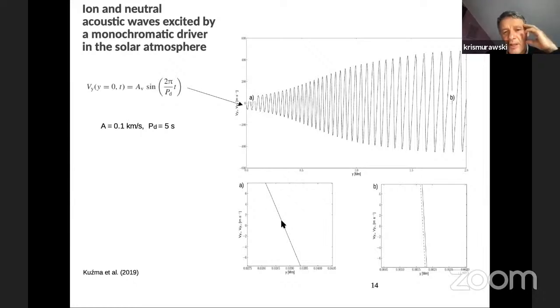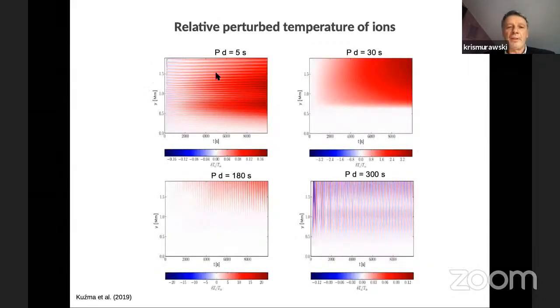So they are still hardly distinguishable, but in the top chromosphere we see the difference. First, there is some drag between ions and neutrals, and that's good, because if we have this drag, there's a chance for kinetic energy being transferred to thermal energy. And in fact it takes place over here, because if we draw here,